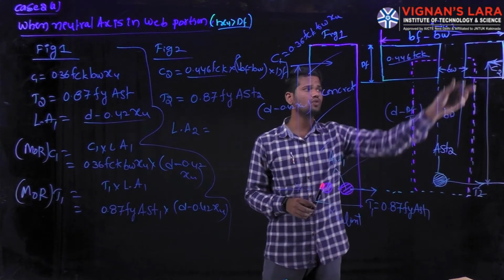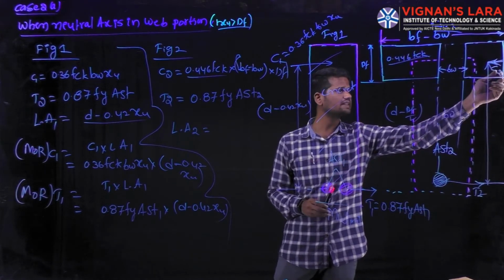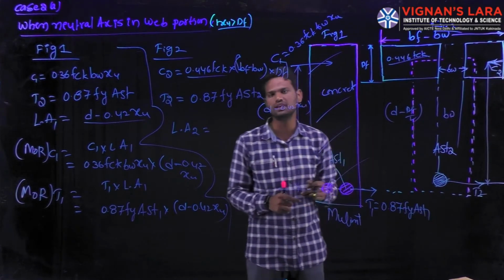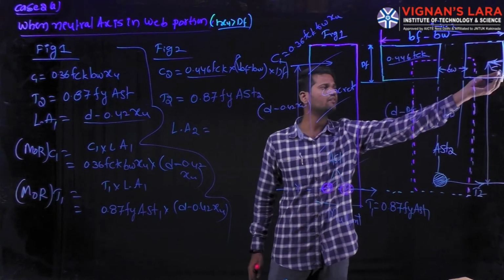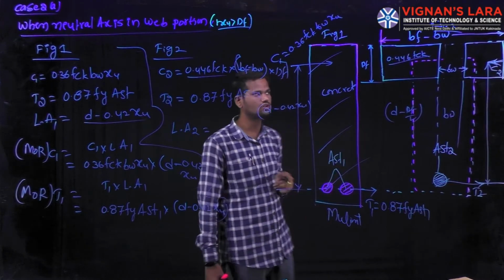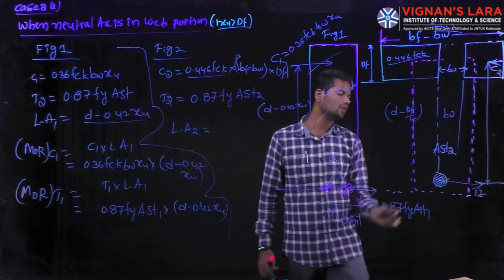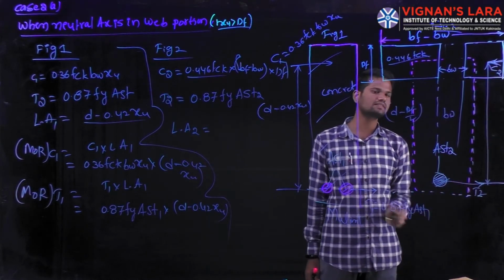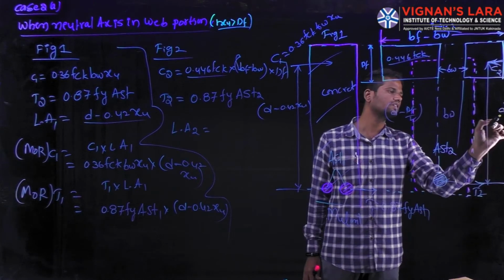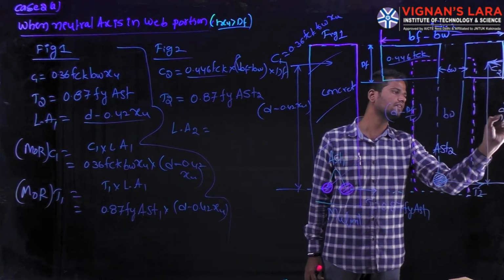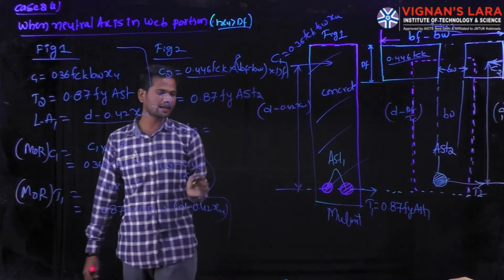From this we calculate the total compressive force C2, which acts at the centroidal distance of half of this flange portion. Here this is the total depth of the flange, df. At the half distance, this total compressive force is acting. Again, we know the total tangential force, which we have as T2. From this, the lever arm distance is d minus df by 2. This is the lever arm acting on the beam.